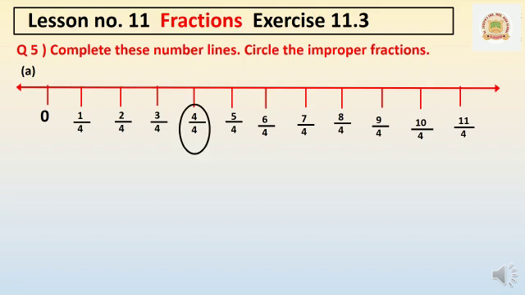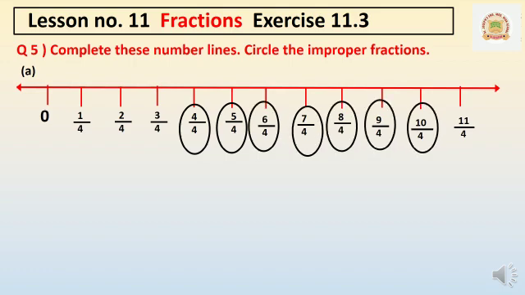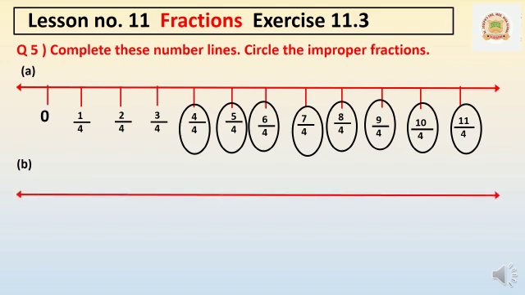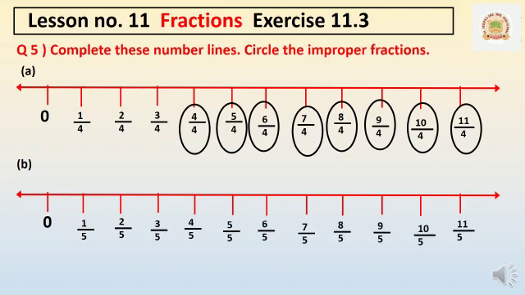So 4 by 4 is an improper fraction, 5 by 4 is improper, 6 by 4, 7 by 4, 8 by 4, 9 by 4, 10 by 4, 11 by 4. These all are improper fractions, whereas 3 by 4, 2 by 4, 1 by 4 are proper fractions. So let us do the next question. 0, and 1 by 5, 2 by 5 are marked. In the remaining part we have to write 3 by 5, 4 by 5, 5 by 5, 6 by 5, 7 by 5,